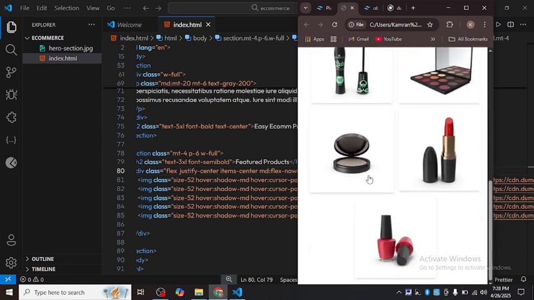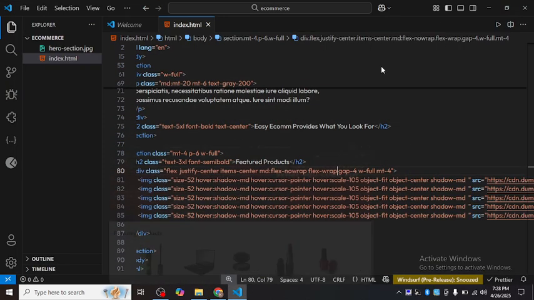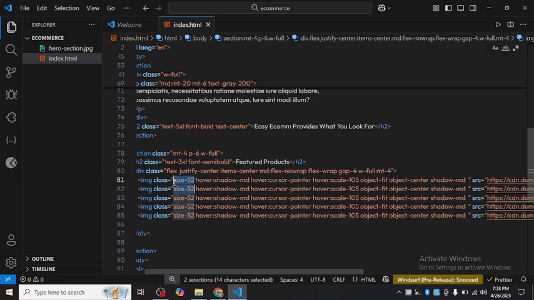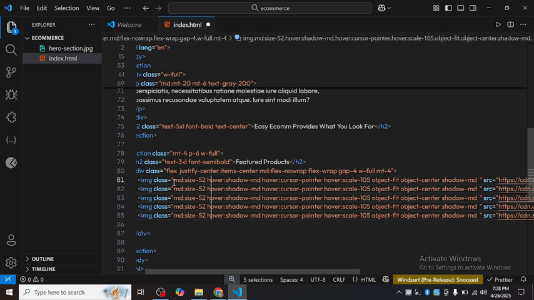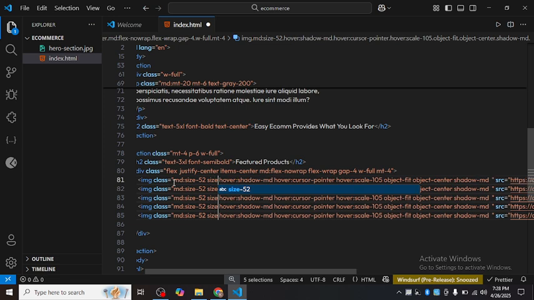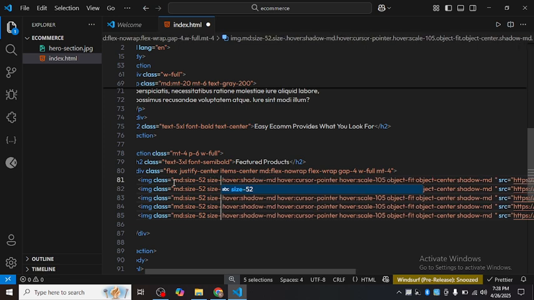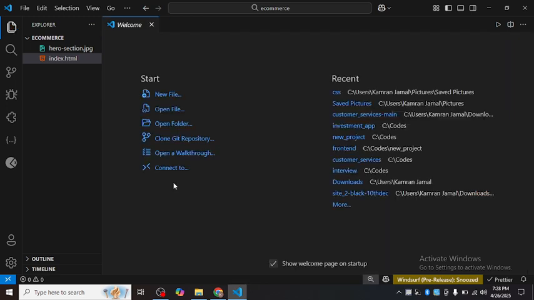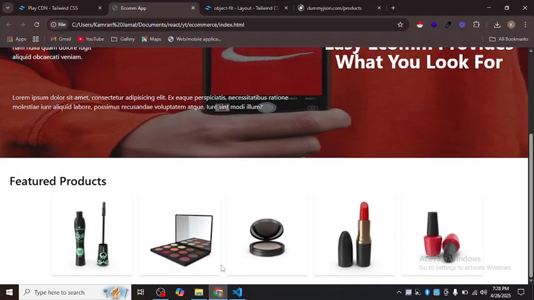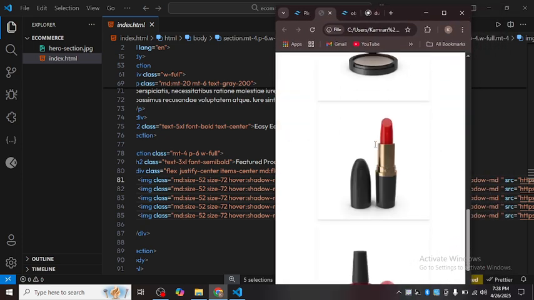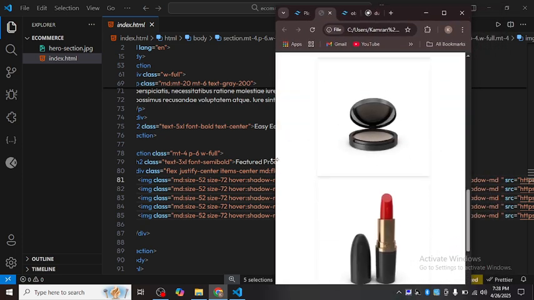Or I can increase its size also in the smaller screen. So here you can go and select this 4. I want this to be in the medium screen, but when the screen is smaller its size should be 72. Now let's see whether the 72 utility class is present or not. I have saved it. Let's refresh this one. Okay, now here you can see it is looking pretty well,